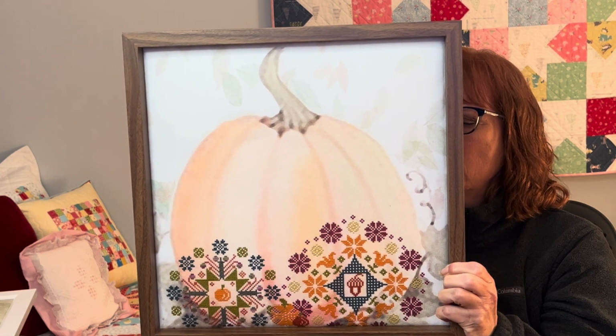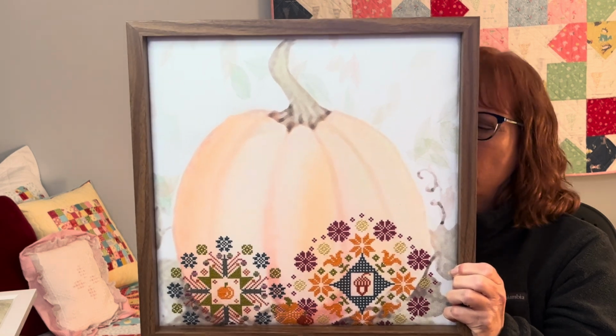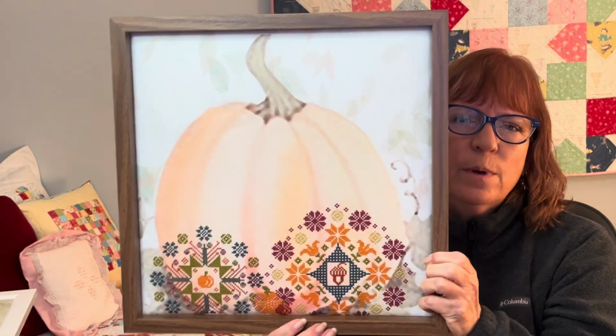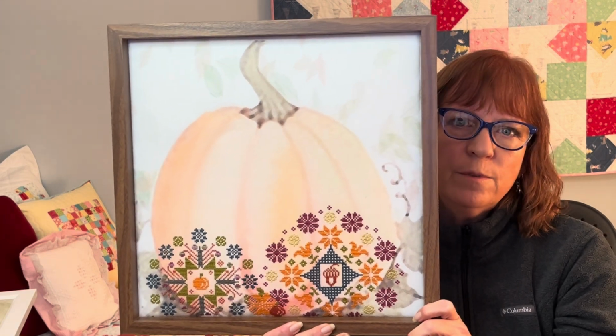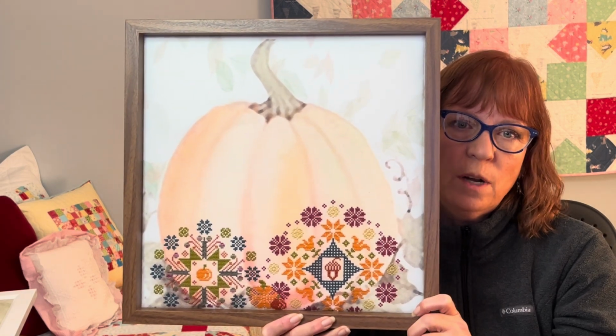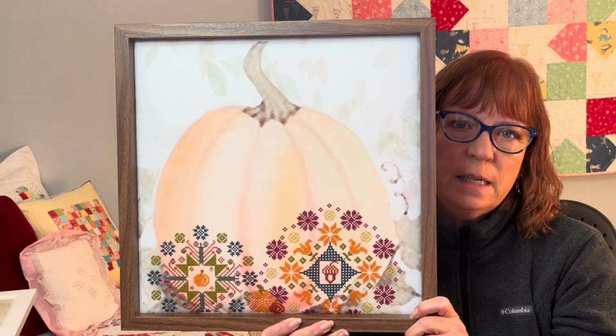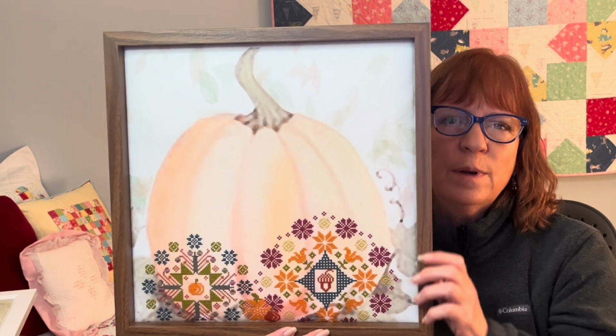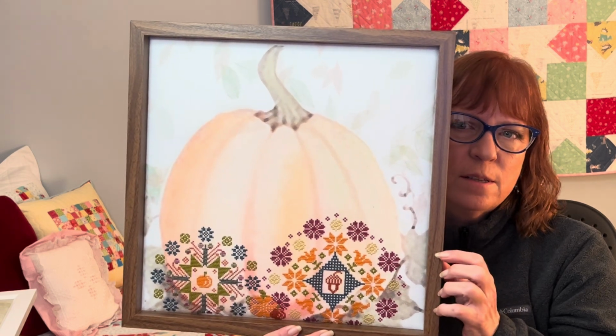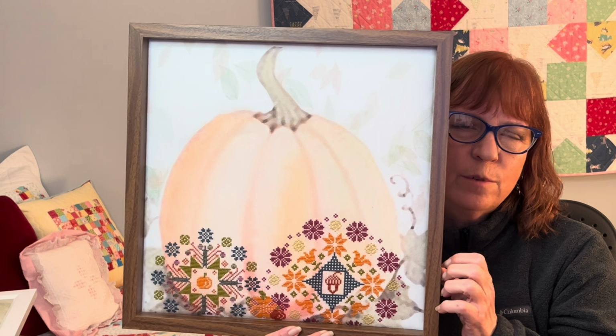All right. Yeah, I just made a note that I finished it at Sweater Weather. This is on 28 count, even weave from Fabric Flair. It's a dream to work on. It's really easy to see. I don't need any special light, any magnification. In fact, I should look for a Fabric Flair project on an even weave from them for my